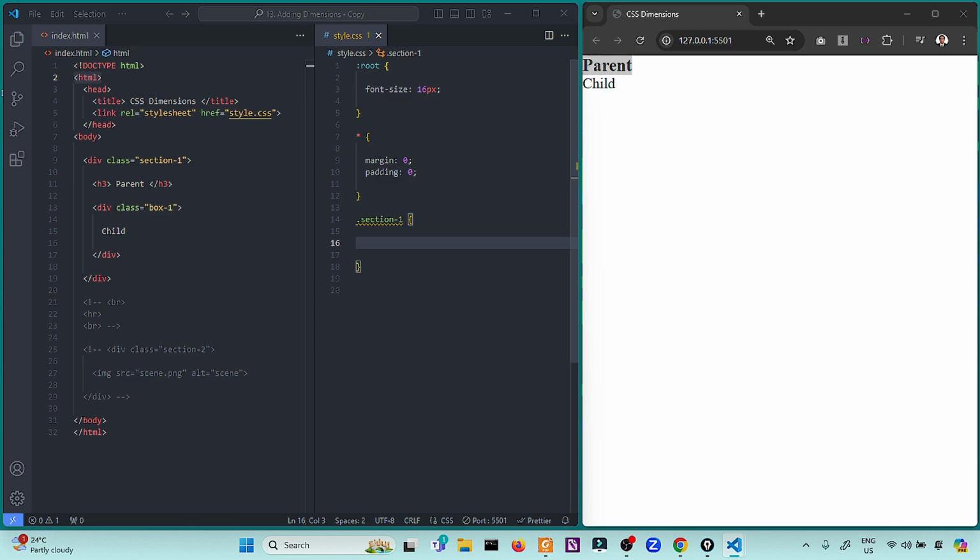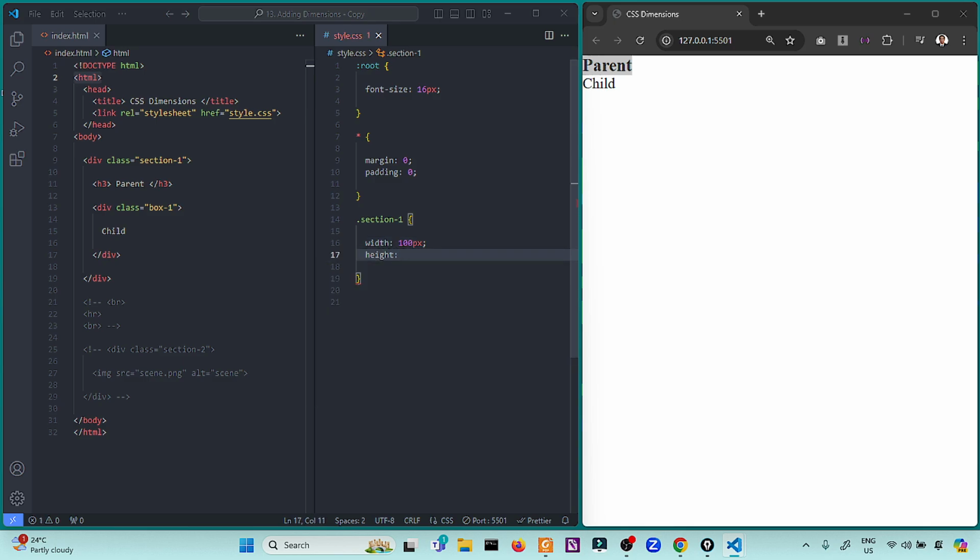So now we will give it a dimension. I know you're not new to this. Based on my previous lecture, I already used the width and height property, but this time we have the minimum width and the minimum height, and also we have the maximum height and the maximum width.